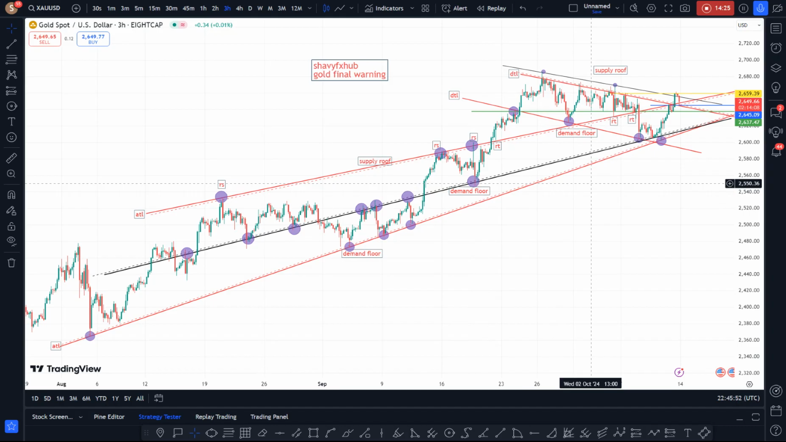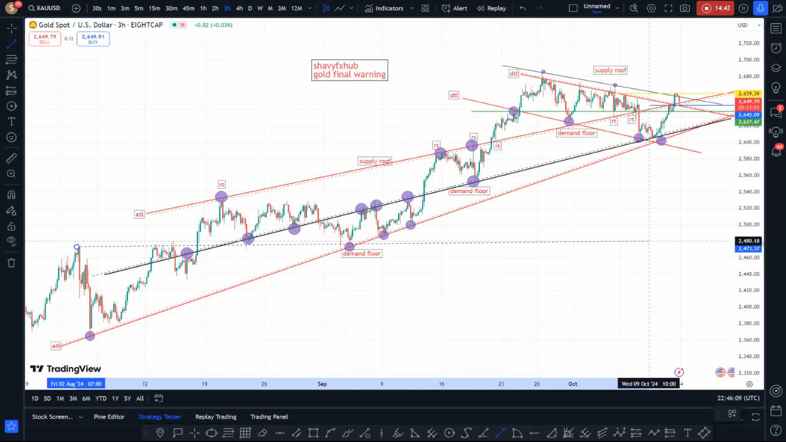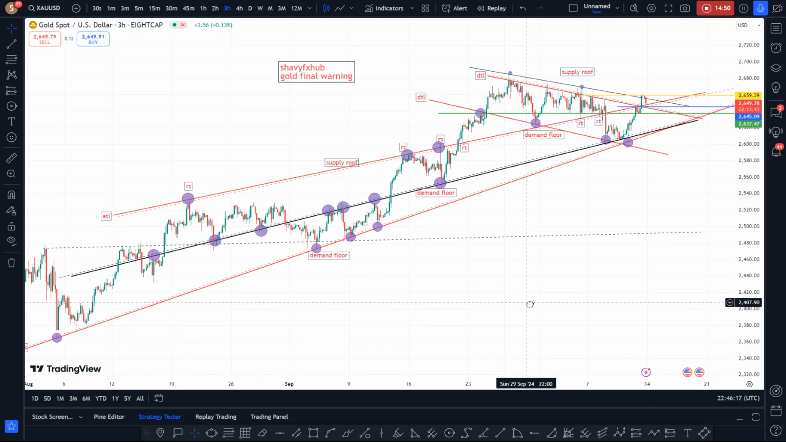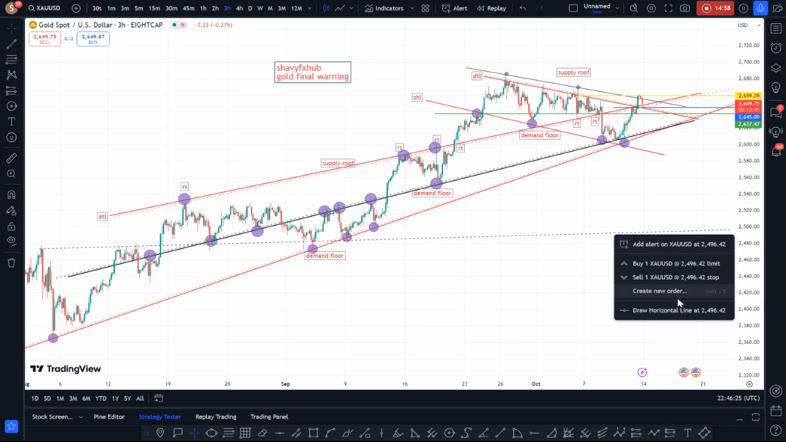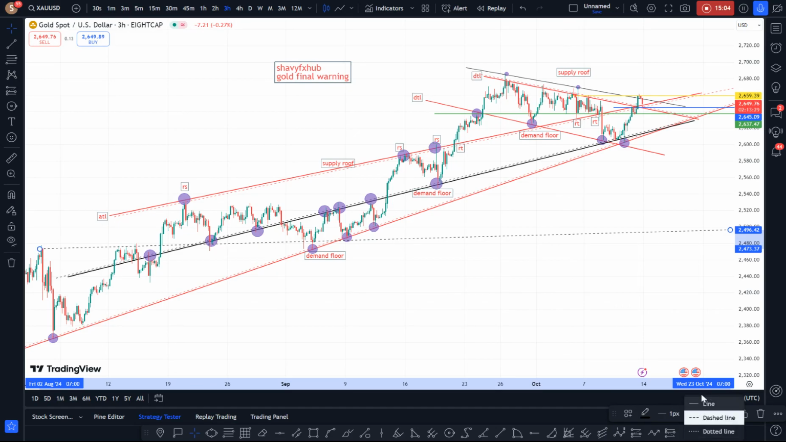So we will watch price to see what it does next. And if selling continues in this week, this is a nice floor to watch. A very nice and decent floor. 2,500 is a decent floor, a new demand floor to watch,